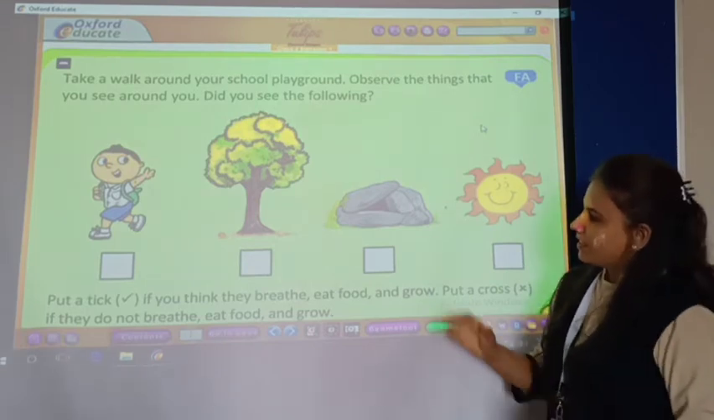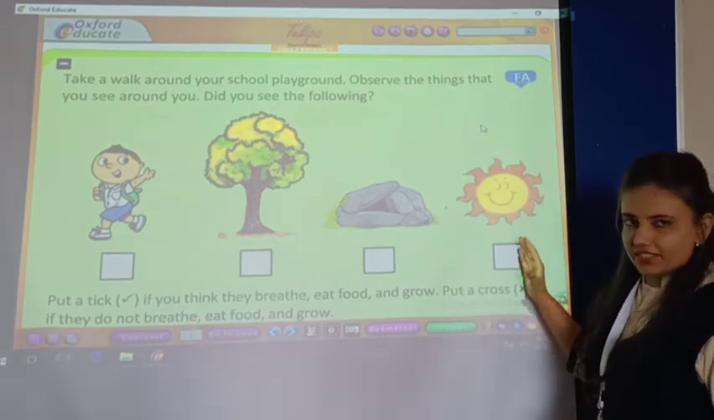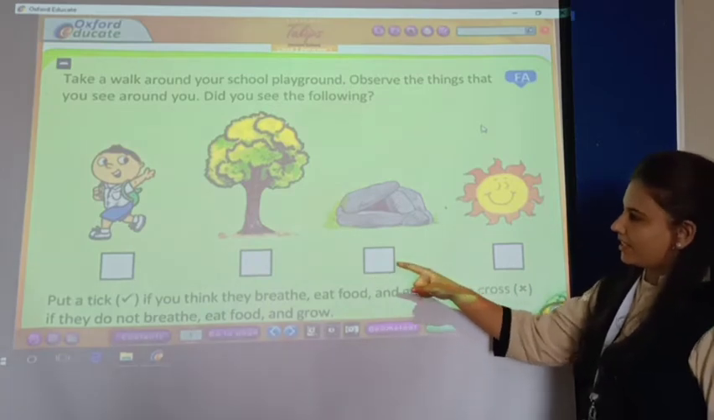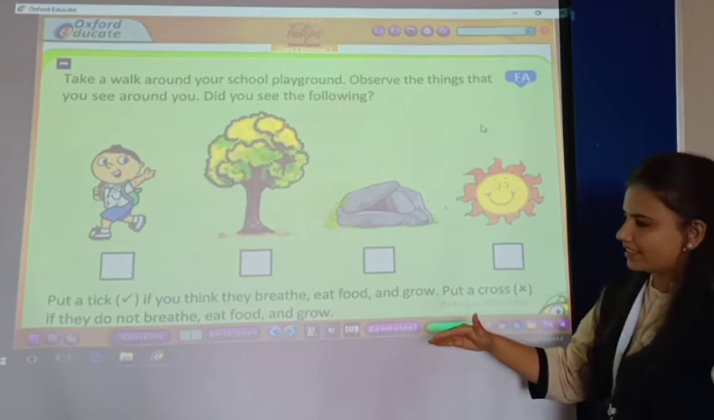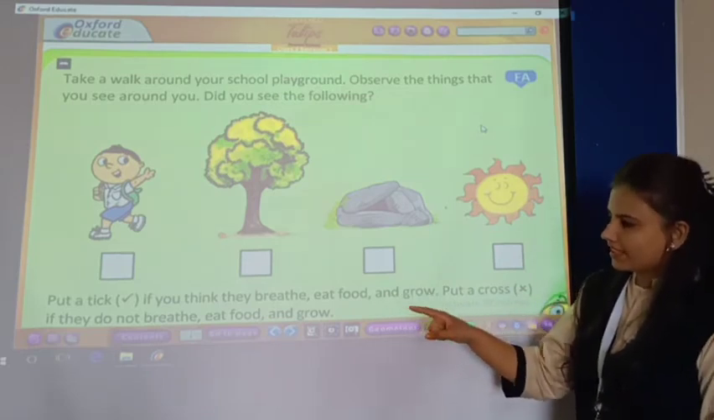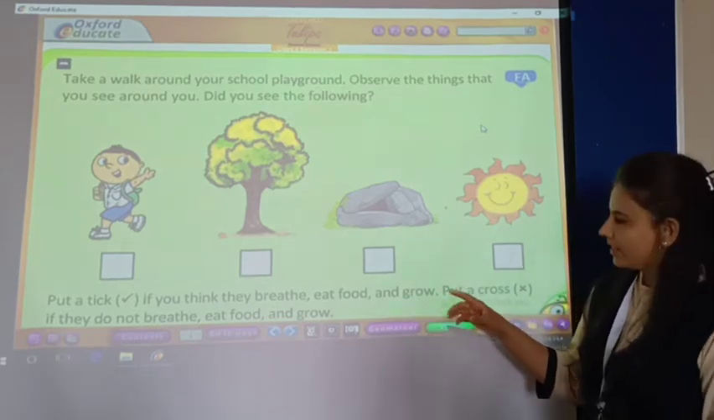So students, here there are 4 pictures. A boy, a tree, a stone, the sun. Now let's read this sentence. Put a tick if you think they breathe, eat food,